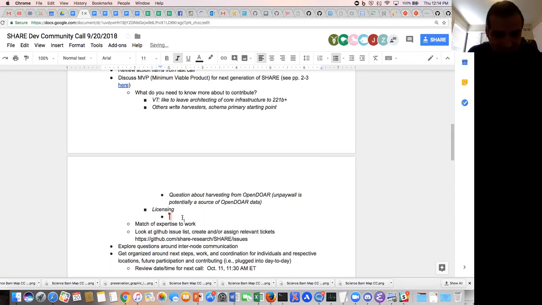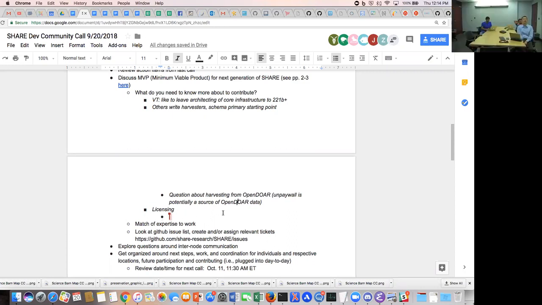Okay, good. Let's clear this up while we're here so that no one gets confused. Ignore everything we've said about CORE so far. It's OpenDOAR, the Directory of Open Access Repositories.